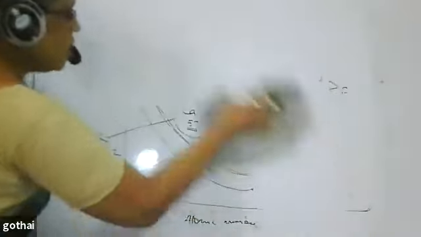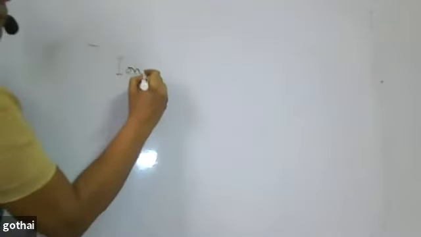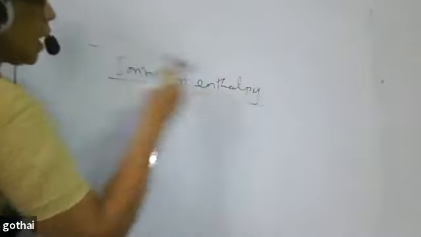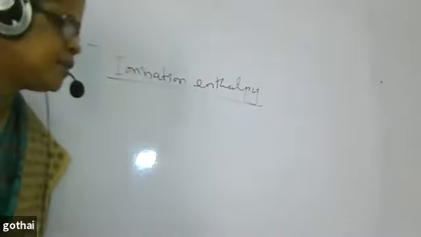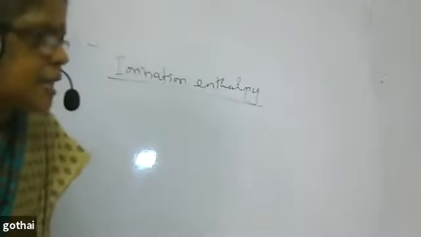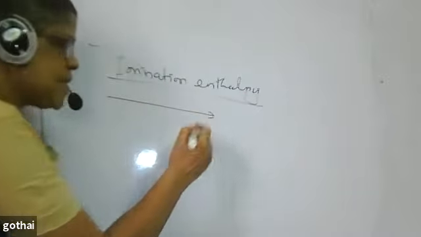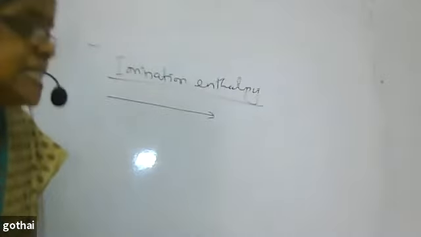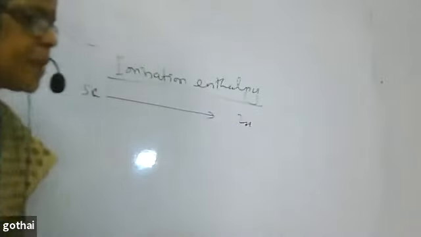Yes. This is atomic size. Next, when I talk about ionization enthalpy, you know that ionization enthalpy is the energy required to remove the outermost electron of an isolated gaseous atom. But the question here is, from our previous knowledge, where we say that atomic size decreases due to increase in effective nuclear charge, there should be a gradual increase in the ionization enthalpy when you move from scandium to zinc. That is our expectation from our previous knowledge.